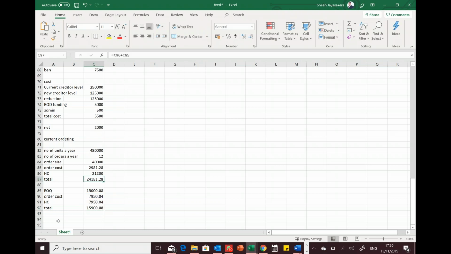So earlier my total was that. So my saving should be technically that minus that, saving around 8,281,